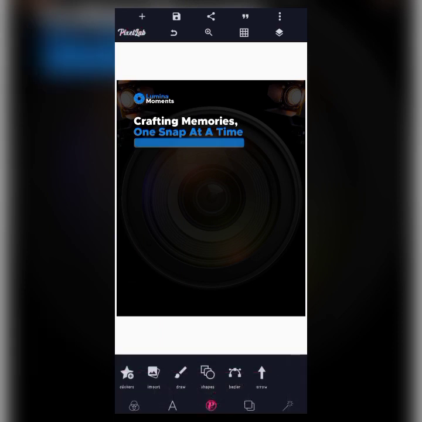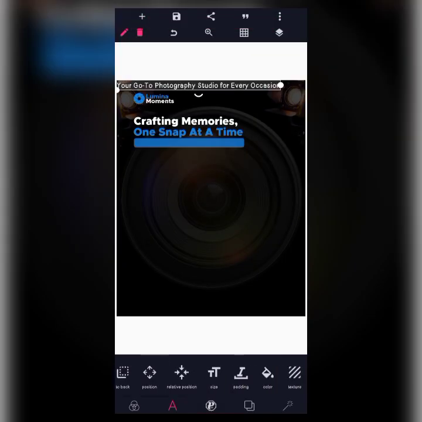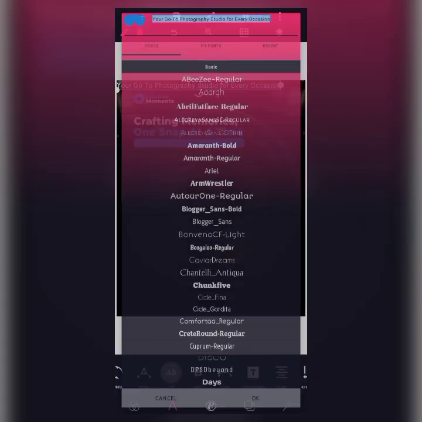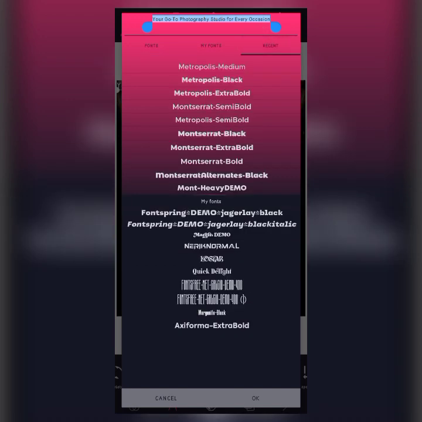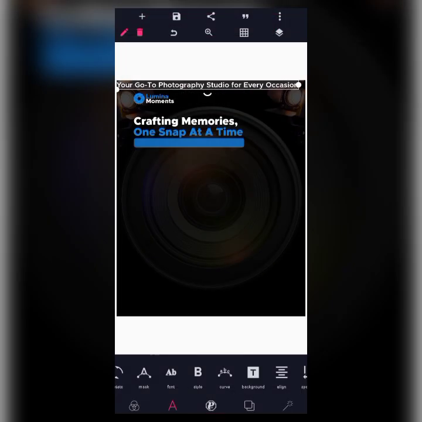So yeah, moving to the subheading of the design, which is your go-to photography studio for every occasion. So we have moved the text to create that. So your go-to photography studio for every occasion. So just like this, we change the font, and then reduce the size for this,